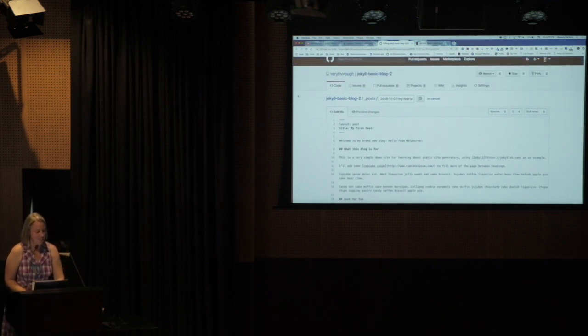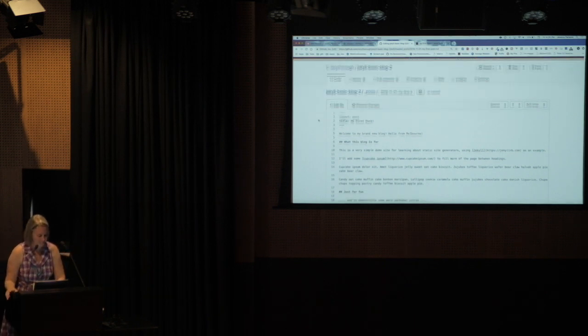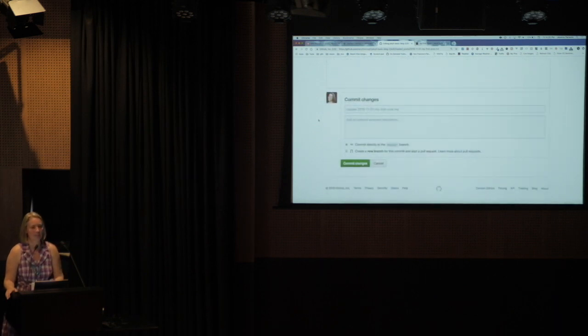So I can make a change into this file, and the reason we're doing this in the GitHub web is so you don't have to install everything on your computer, but we can save this inside of the GitHub web UI. And so I can go in here, I can make a change, and I'm going to say commit this directly to the master branch, which means that it's going to save that change directly to the main branch of my site. And when I commit that,